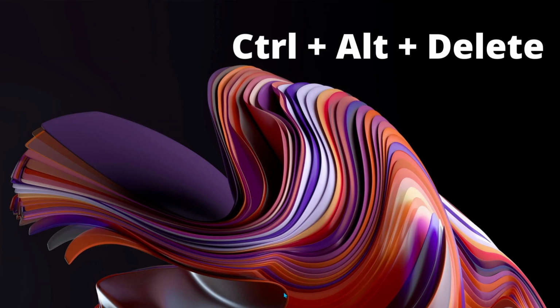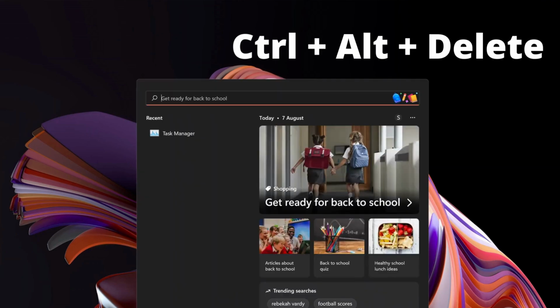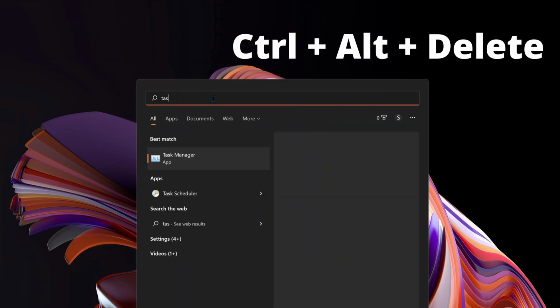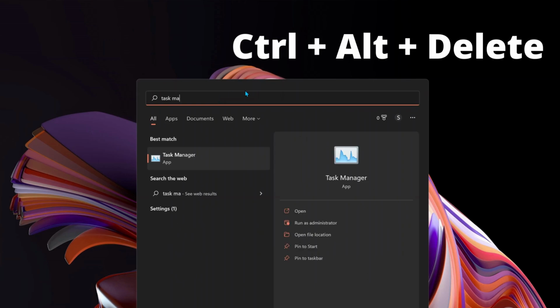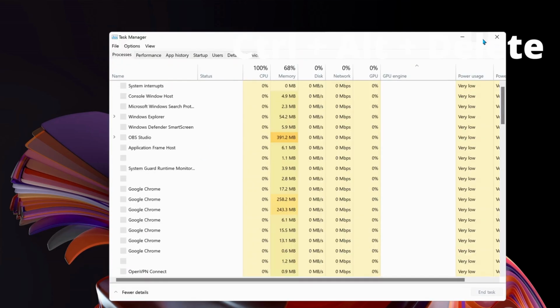Okay, so the first step is Task Manager that we need to go to. And for you to access Task Manager, you can go to search and type Task Manager, or you can just hold Control Alt and Delete key on your keyboard to access Task Manager. So once you open up Task Manager, just open it up